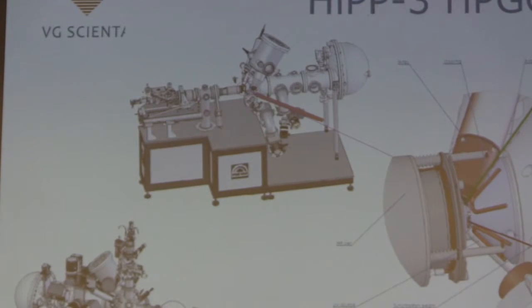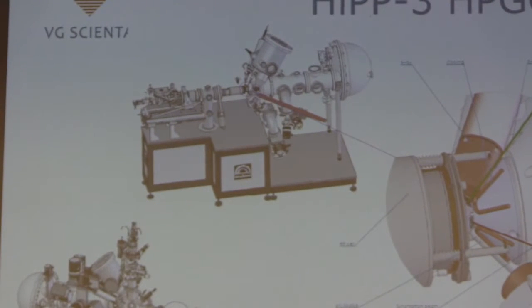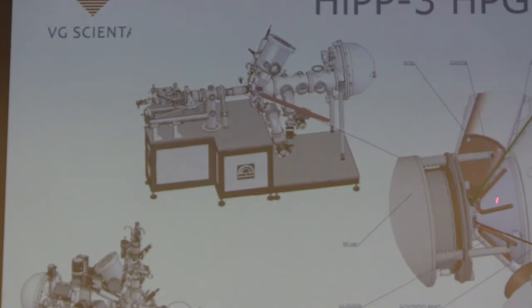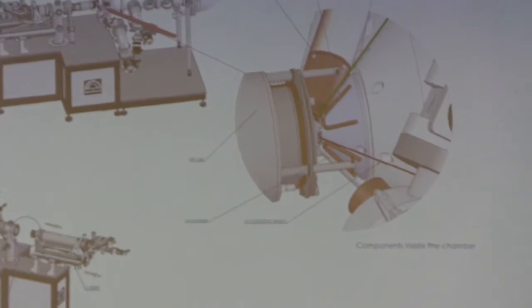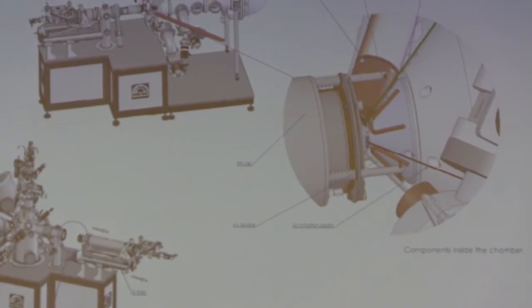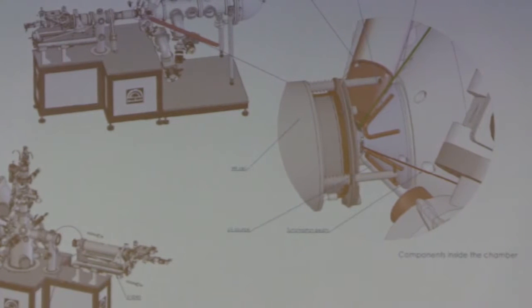So the small aperture that I was describing briefly, in this setup, is integrated into the cell. And that means that it's only this small volume, which is about 50 cubic centimeters, that is exposed to the elevated pressure when you do your experiments. And the rest of the chamber and the rest of the system is under vacuum. And that means that when you do your experiment, which is usually a pretty dirty experiment,